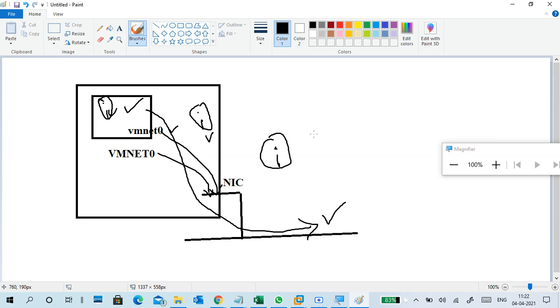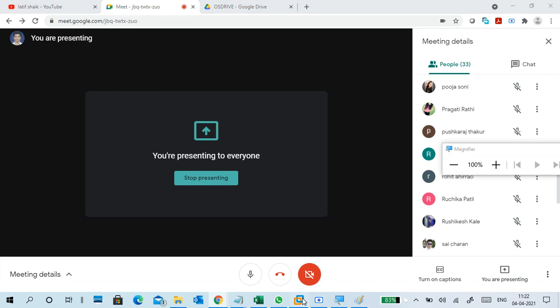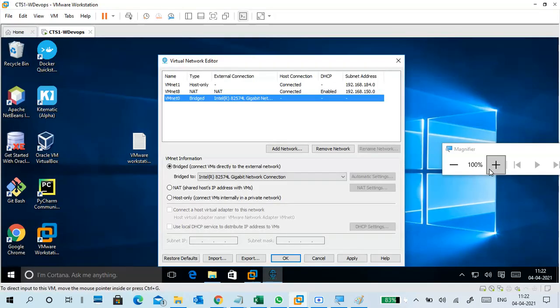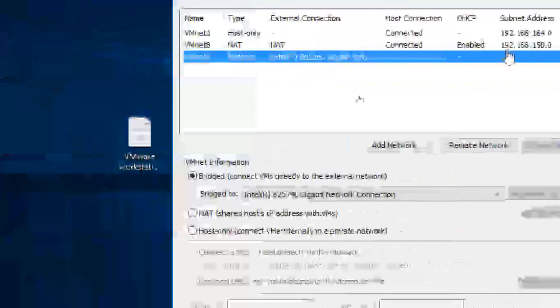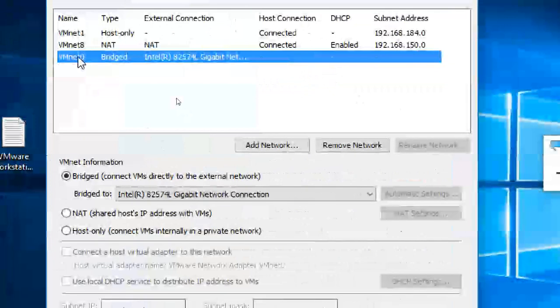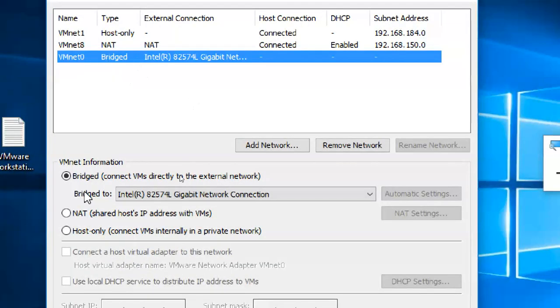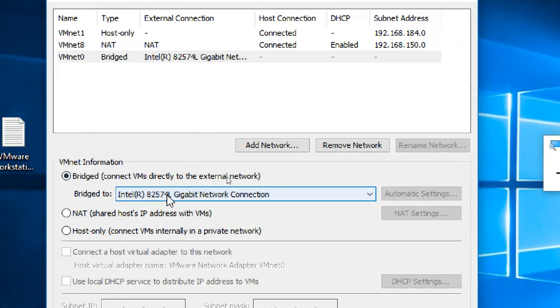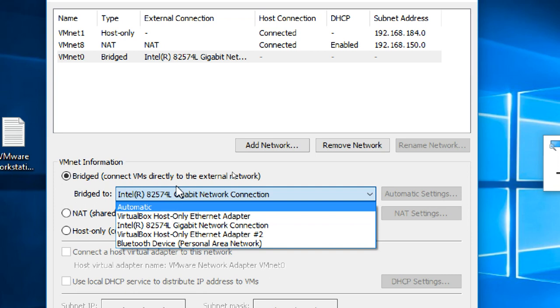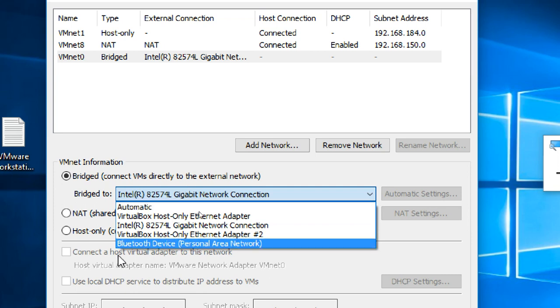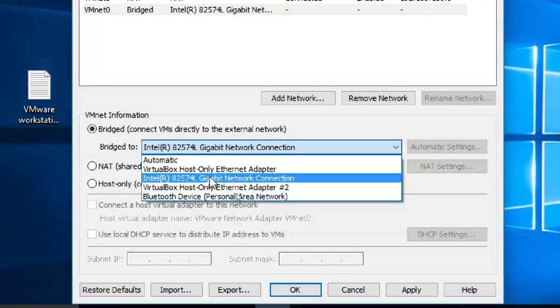So understand how to do it again. First one is VMNet 0, and I already told how to do it. VMNet 0 bridged, and check which network adapter you are using to communicate outside, Wi-Fi or anything.